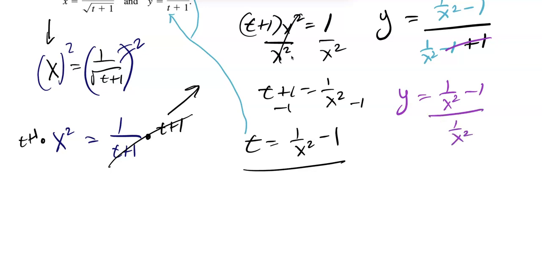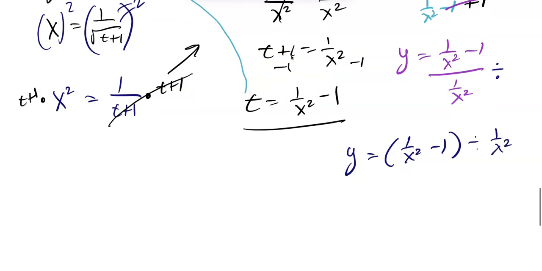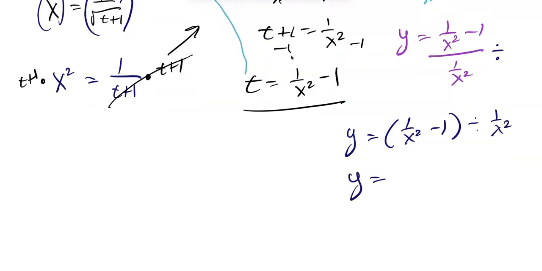That looks a little messy, so let's clean this up a bit. So it's a divide sign, so we basically just have this: 1 over x squared minus 1 divided by 1 over x squared. When you divide by a fraction, you just multiply by the reciprocal. So really we have this